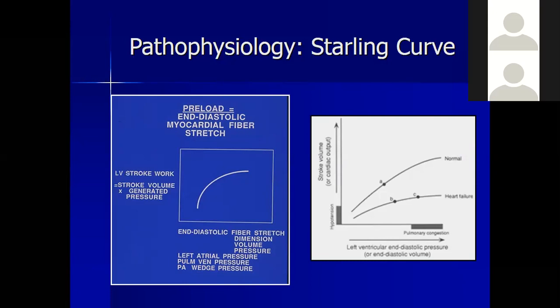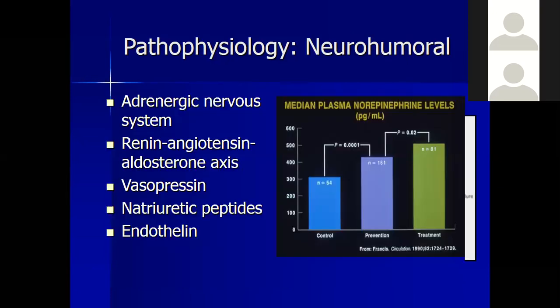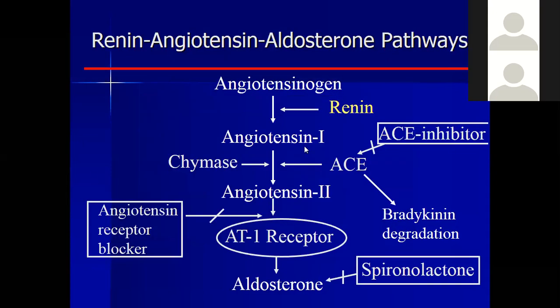There are other different neurohormonal mechanisms. Most common is the Renin-Angiotensin-Aldosterone axis mechanism. For you guys, this is the most important. The majority of medications work on this system. So how is it going to work? Angiotensinogen is converted into angiotensin 1, and from angiotensin 1 it is converted to angiotensin 2. So we give ACE inhibitors. These medications affect this pathway.